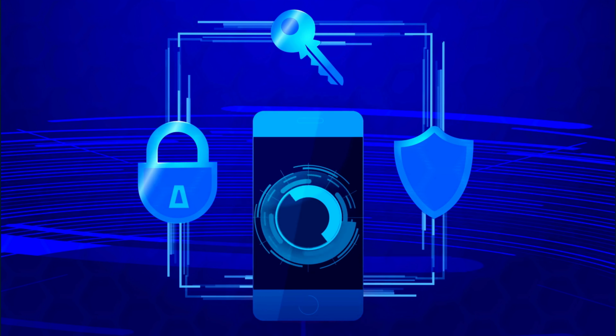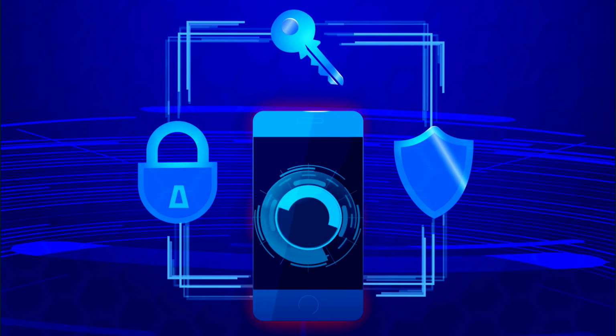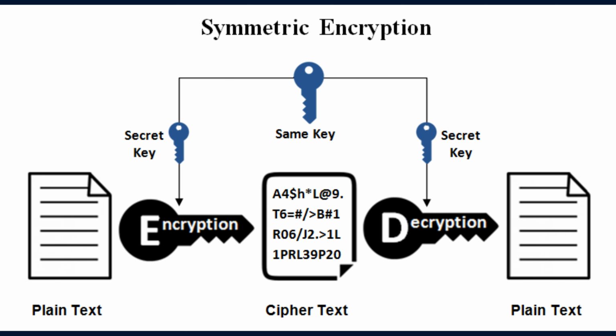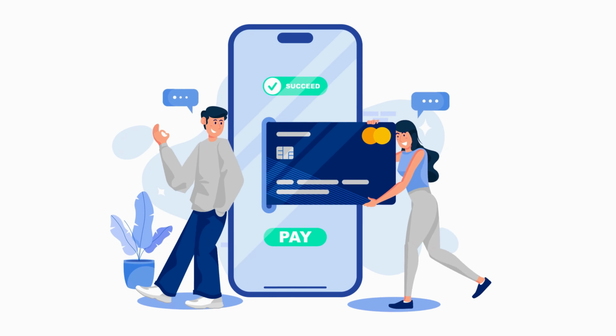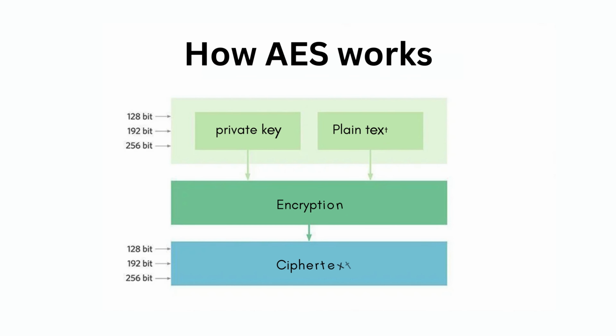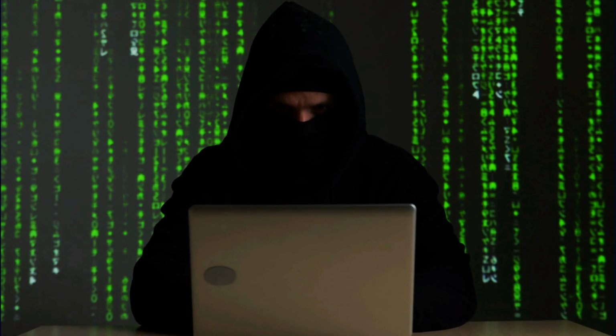A more advanced and widely used encryption method today is AES, Advanced Encryption Standard, a symmetric encryption algorithm that protects everything from passwords to online banking transactions. AES works by scrambling data into an indecipherable format using 128-bit, 192-bit, or 256-bit keys, making brute force attacks practically